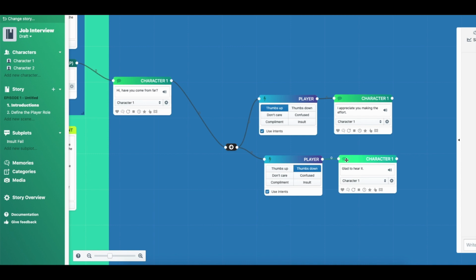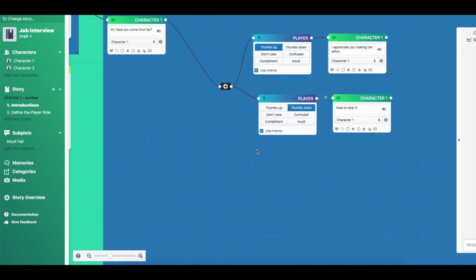Now in Charisma we give the player the opportunity to write whatever they want, more than just yes or no, so we have to provide player nodes to cover for that too. So let's create a new player node. Double click, player, and if we click in this box here, we can write those potential answers. And thinking about our question, have you come from far, they could answer with something like, it was no bother. Then hit enter, you can add another one, it will be worth it. Hit enter again, I was happy to make the trip.